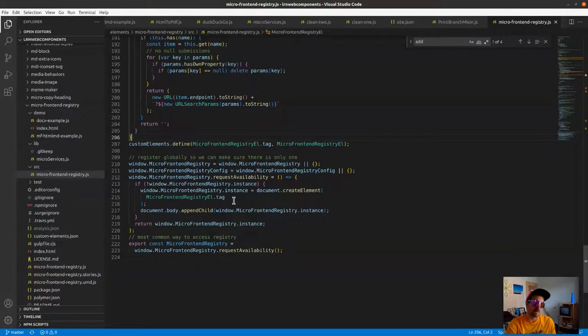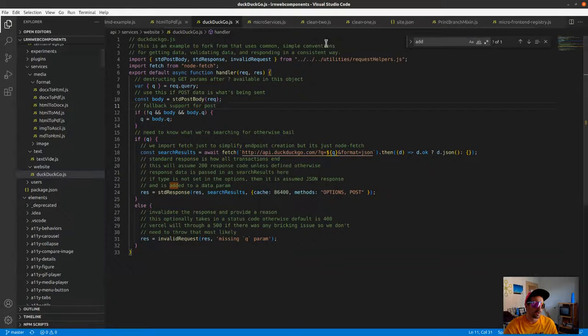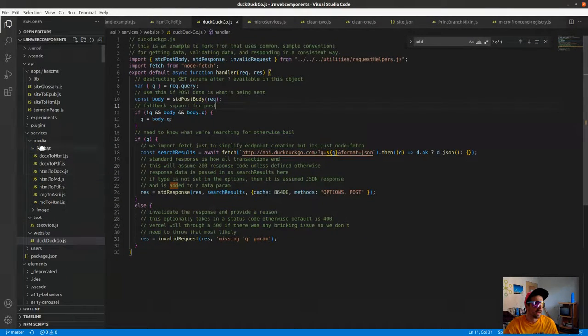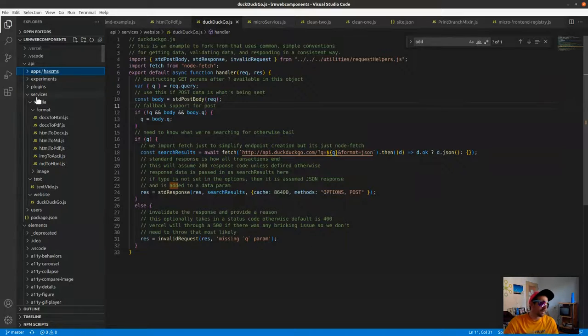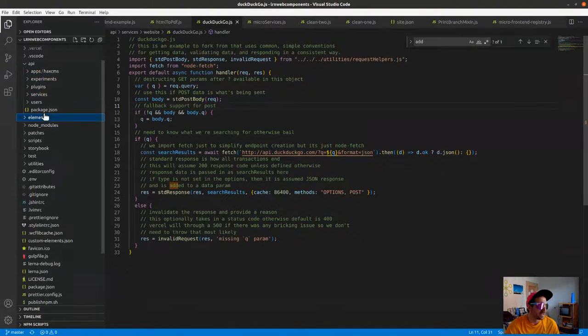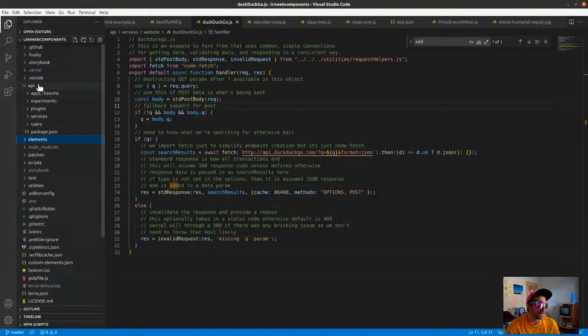So by having that registry, we're now able to call DuckDuckGo in this case. I've come up with a bit of a structure here that I had to tease out. Under API, which is very specific to Vercel, but if you haven't used Vercel, anything under the